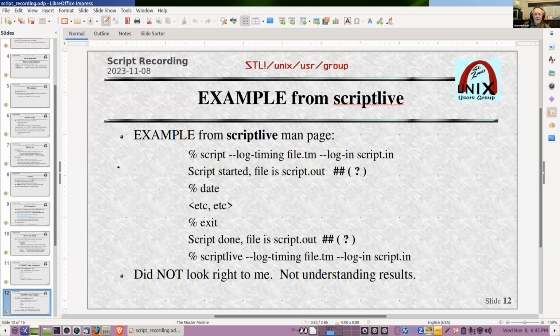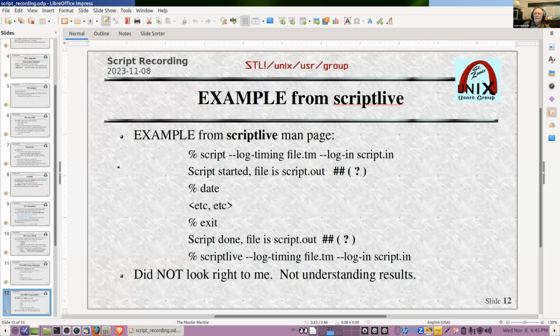It looked to me like they have a typo in their example, whereas the first line, they do the same kind of thing, but on their replay, they say scriptlive --log-timing file.tm, the timing file, the same as they created it, but then they give it a different name for the log file. They say --log-in script.in.